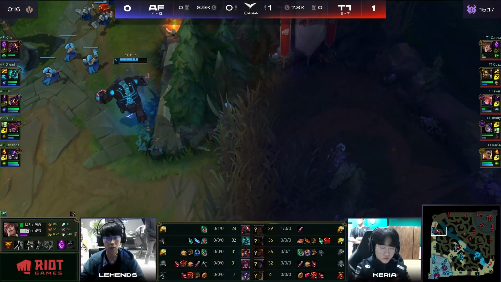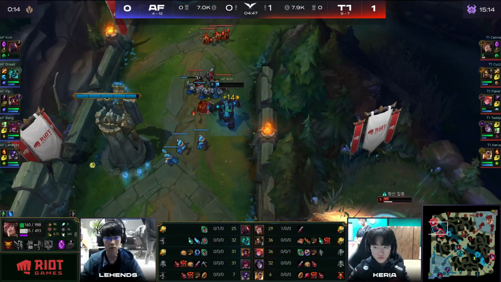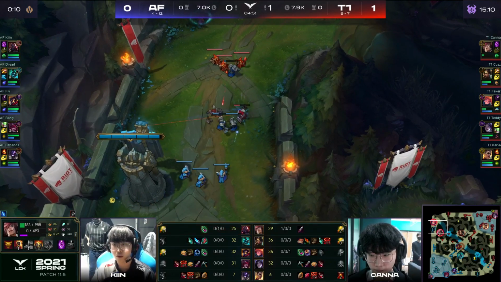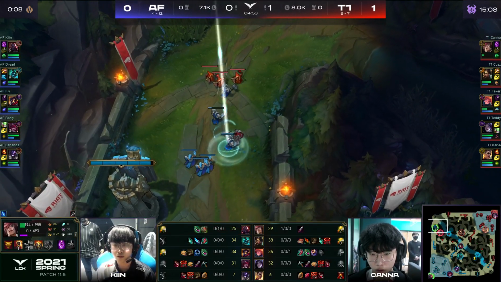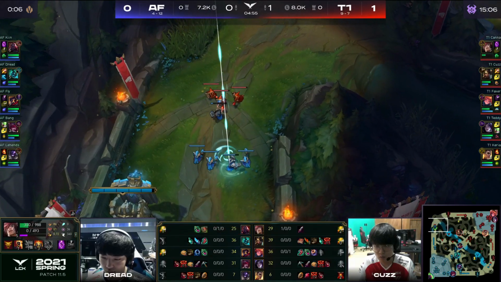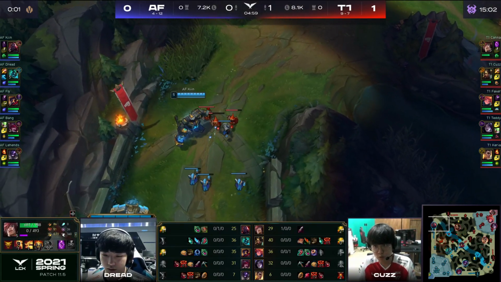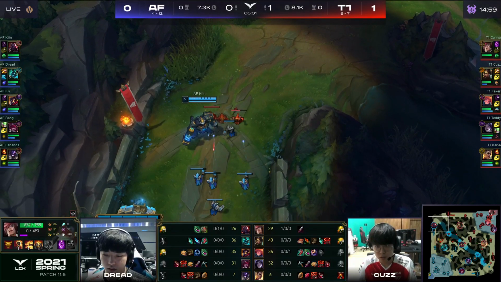Can Keen actually grab him? The answer is absolutely not, as Canna's going to be able to get out. That's a very nice roam once again from Faker. This is what he's been showing us. Like, you don't even need a jungler on the top side of the map because Faker's just always leaving his lane. And when T1 looks good, they look like this, and I would not be surprised to see